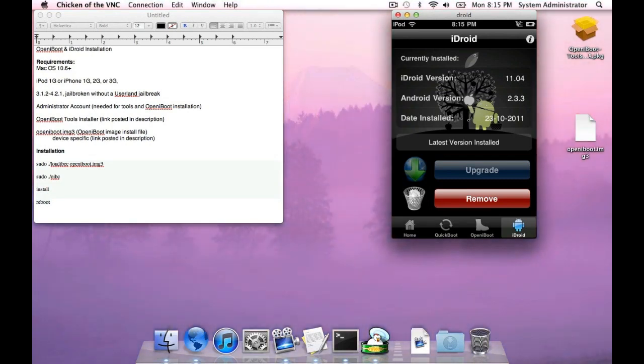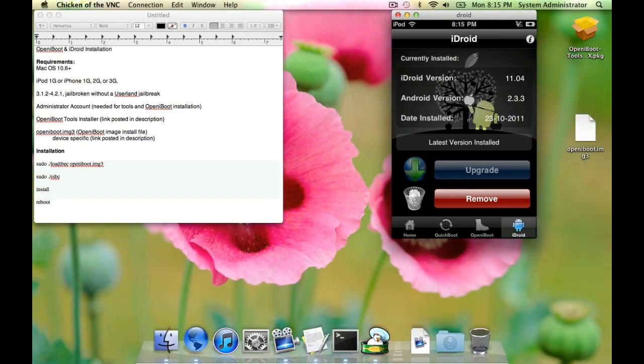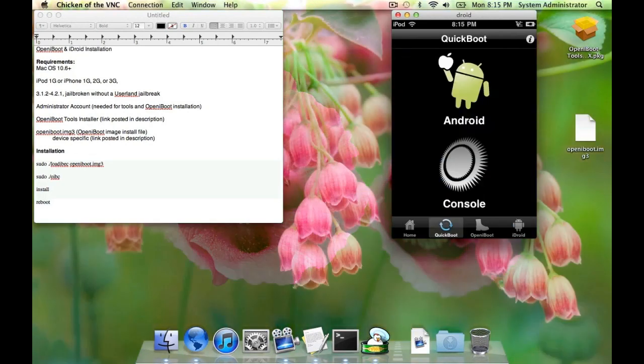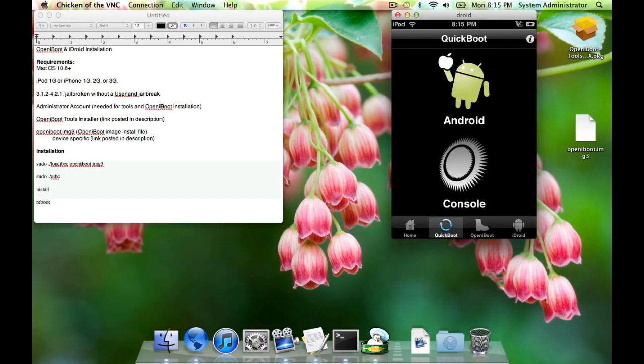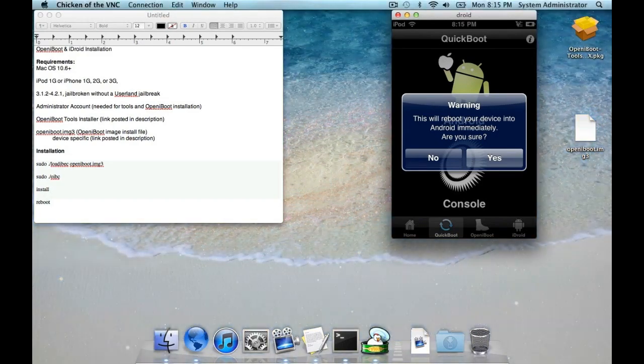I haven't had any problems with installing it on any of my iPhones or my iPod Touch, so it really shouldn't be a problem. After you're done with this, you want to go to Quick Boot, and then if you hit the Android button, it's going to give you a little message. It will reboot your device right into Android immediately. And after this, you'll see